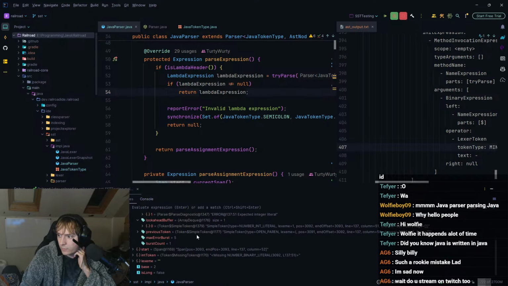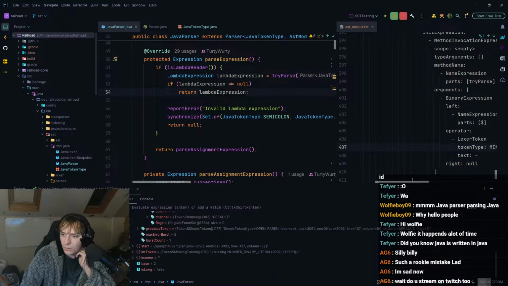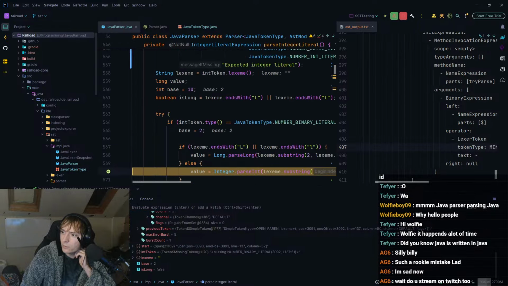What's in the look ahead buffer? So it's found a number int of 1. Wait, didn't we just see a 1 somewhere? We just went to somewhere that had a 1. Maybe... okay, but that doesn't actually really solve the issue though, does it? So why is this happening?